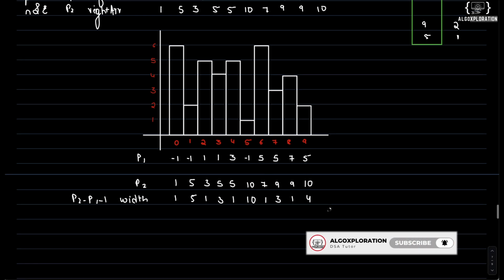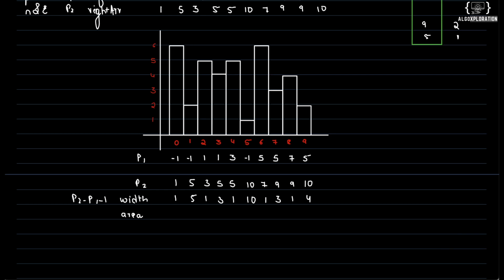Okay, now the area will be simply the height, that means the current value, which is 6, into width. So it will be looking like this: 6, 10, 1 into 5, the answer is 5, 3 into, here the value is 4, so 12, 1 into 5, the answer is 5, 10 into 1, the answer is 10, 1 into, here the height is 6, so